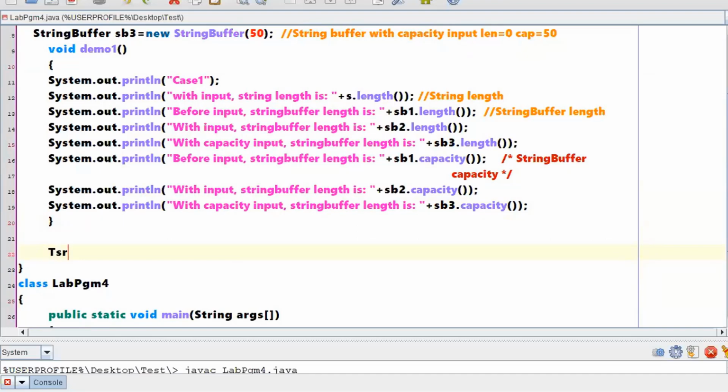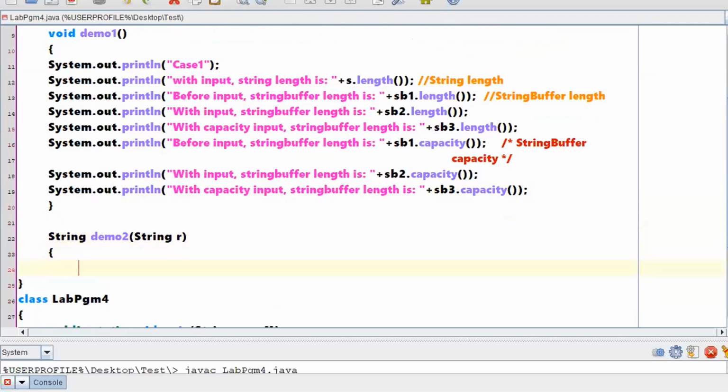So String is what I am expecting in return from this method, and the method name is demo2, and it accepts an argument. Let me call it r. That means whatever read you are passing will be given to this method.